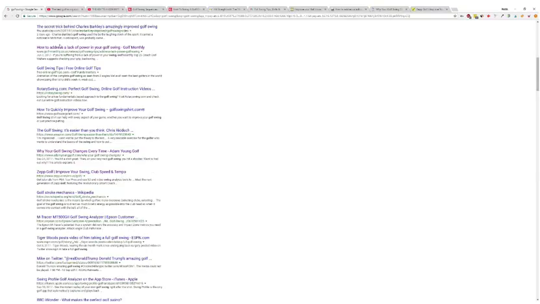So this one has lack of power. I haven't seen that specifically. This one here is club speed and tempo. We haven't seen that yet, so I'm for sure going to open this one because it may have little bits and pieces of information. And the idea here is that if we go look at all of the source data